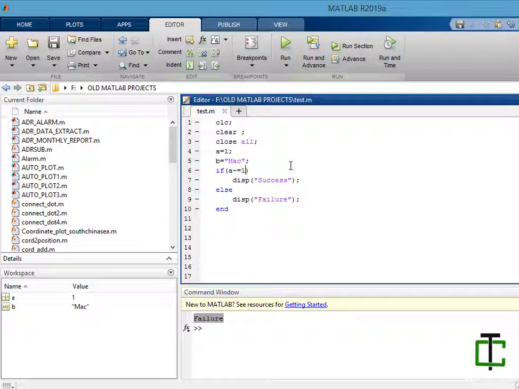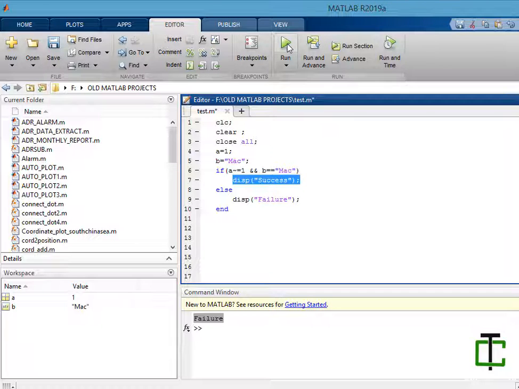If I want another condition, we can write it here with an and keyword, and b equals to, let's say, mag. So here is the and operator. Its purpose is, if both the conditions are true, then only this line will execute.